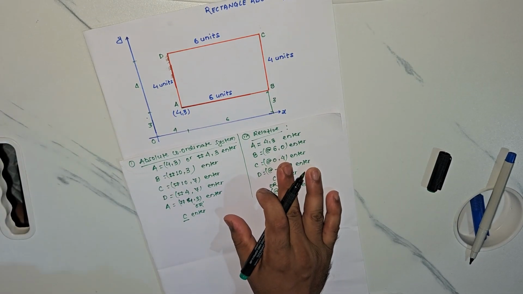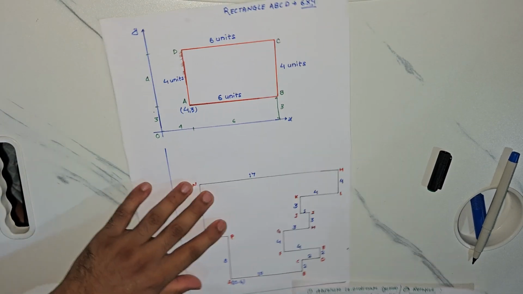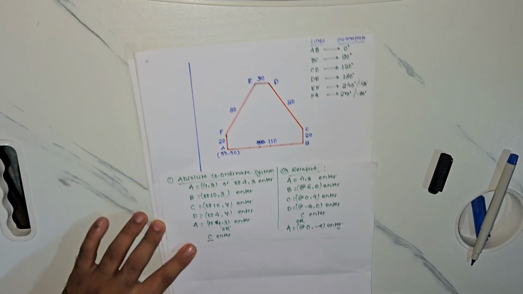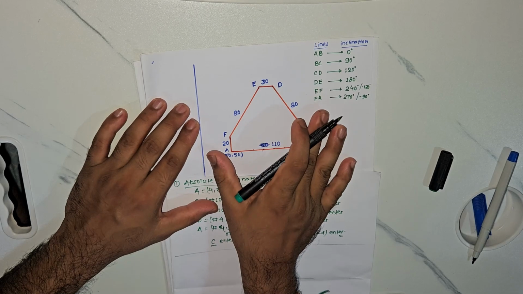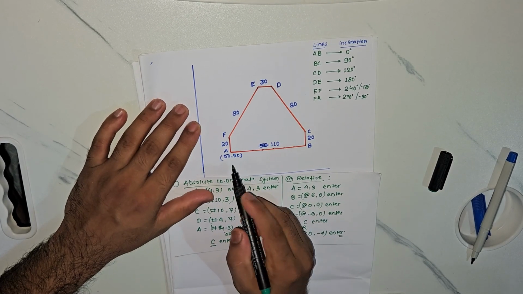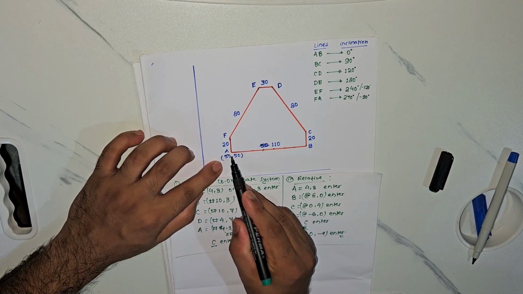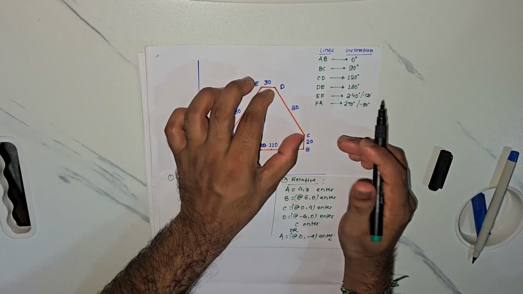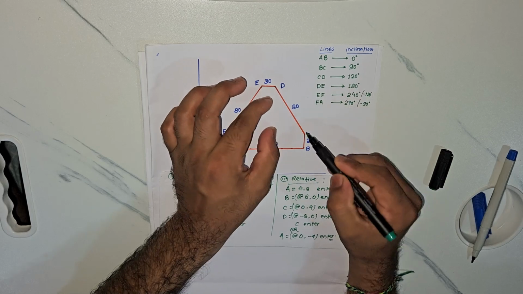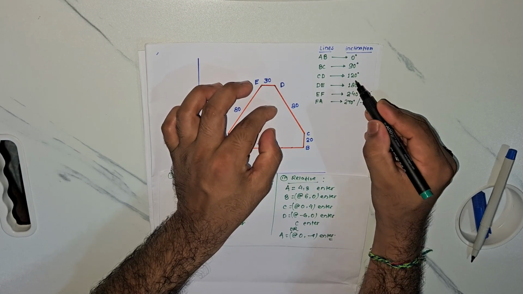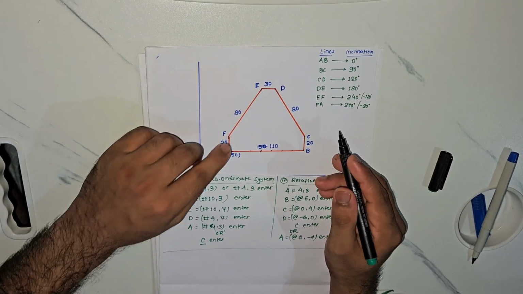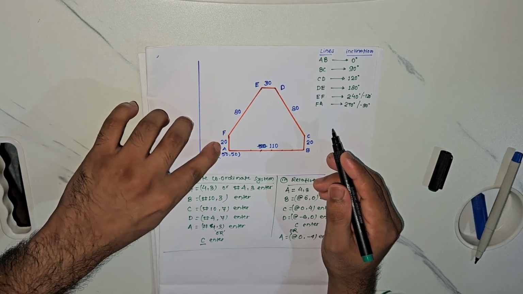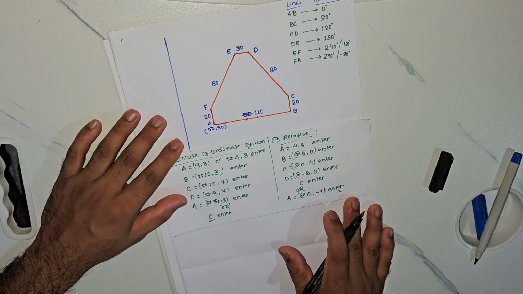Now we will see another figure that will tell us a different story. Let us see this figure here. We are asked to draw this figure by this coordinate system. We know the coordinate of the first point A, then we know the distance 110, this distance 20, this distance is 80, and the angle of CD from the horizontal is 120 degrees, and then we know DE is 30, and then EF is 80, again F and A is 20. We have to write the coordinates of this system.